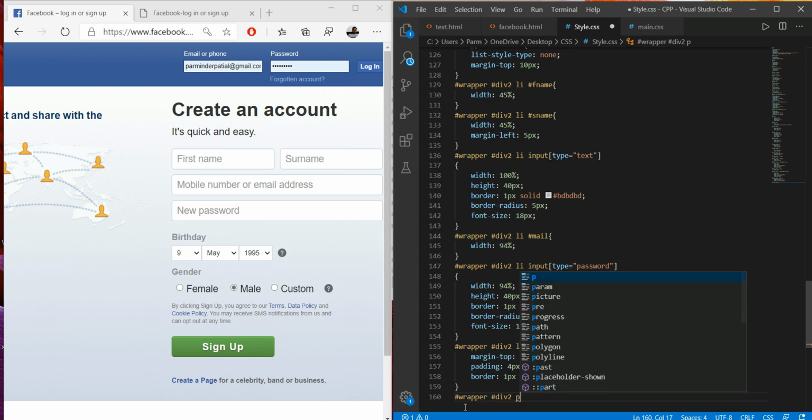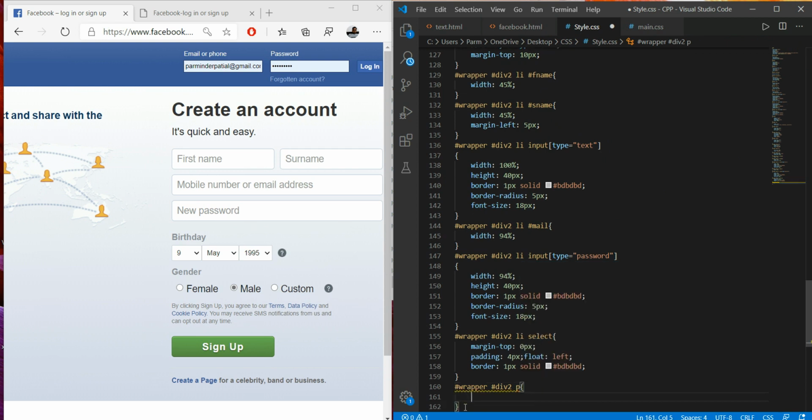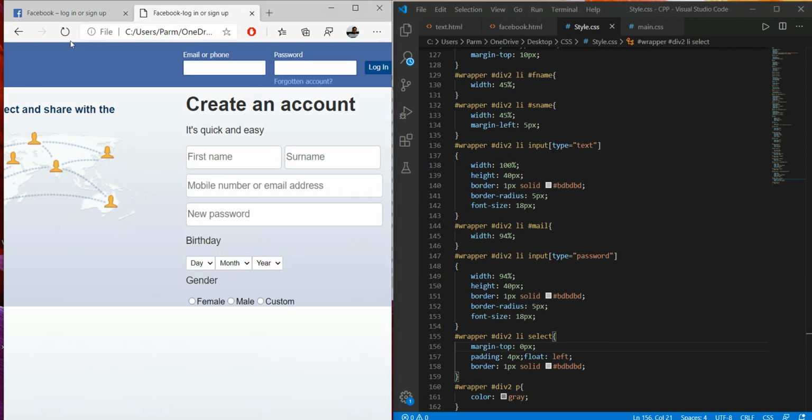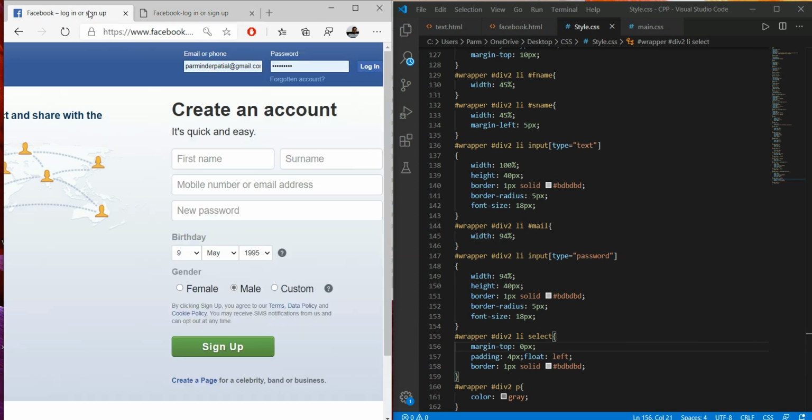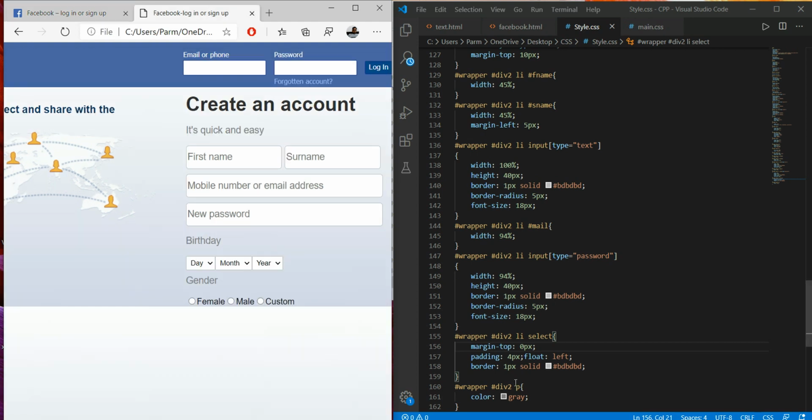Here in this we are using the p element, and to this you can say color, I'm just using gray here. Control S, set this.